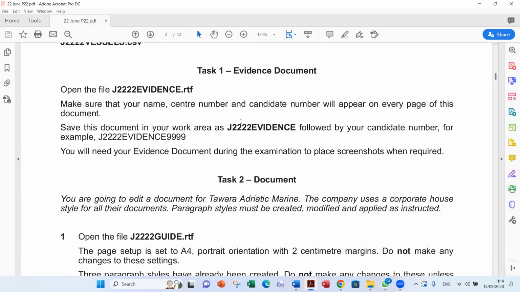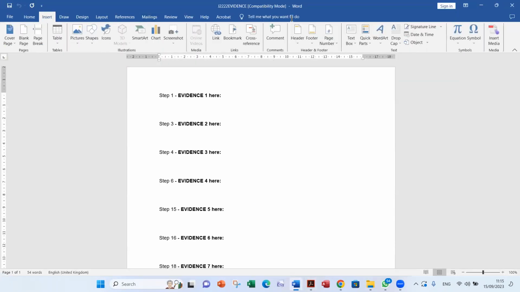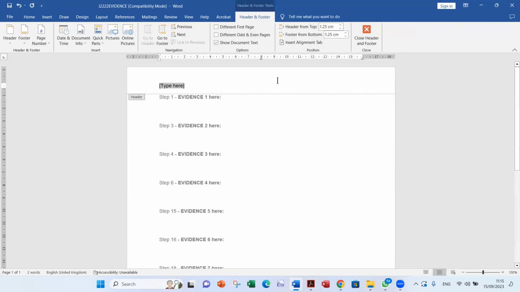make sure your name, center number, candidate number will appear on every page. So insert header, blank header, and type here your candidate details. And close the header and